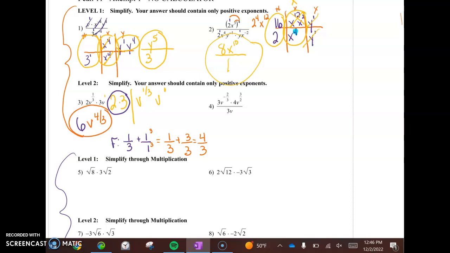So when I get to number 4, again, I'm going to do a little organizing. I do have levels. So 3 will go here, v to the 2/3 moves down, 4 will go here, v to the 3/2 will stay there, this 3 goes there, and this v stays there. All right, first thing I notice in my first house is that these 3's can cancel out. So as I start to go for my final answer, I get a 4. And then what I'm going to have to do in the other one is